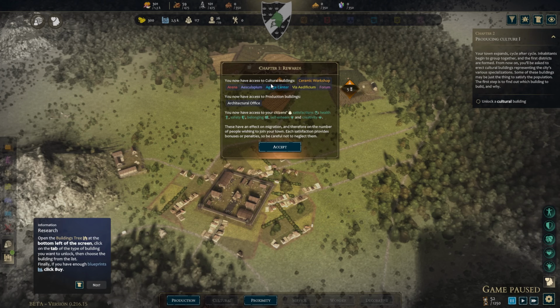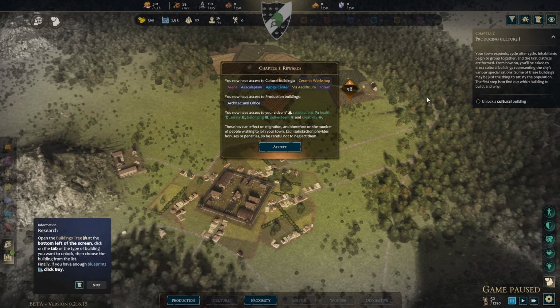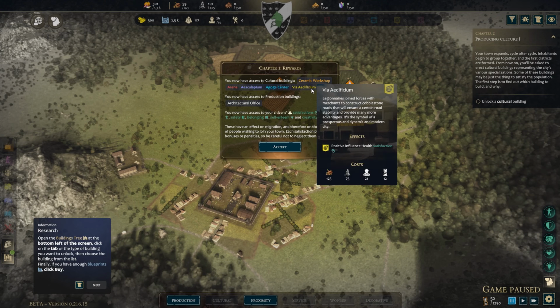You now have access to cultural buildings. We have the ceramic work, we have the arena, the... how do you pronounce that? Asclepium? I'm not native in English, so I apologize for my horrendous pronunciation of some of these names. Agogi Center, the Via...